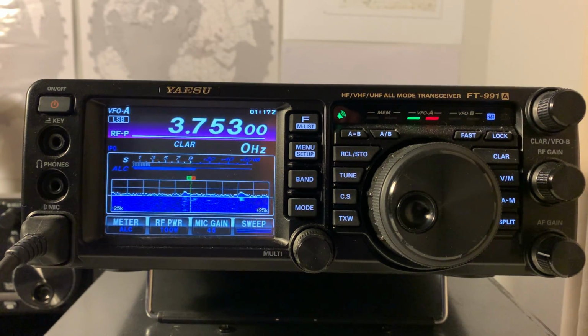Most of you will know that you are looking at a new radio, for me at least, the FT-991A. I actually bought it a few weeks ago to use in Abingdon, but I changed my mind and decided I wanted it at my shack in West Oxfordshire. And probably a lot of you will also know that I already owned the original version of this, which was the FT-991. Now, having operated both radios, I think they're identical, other than the obvious feature with the 991A is